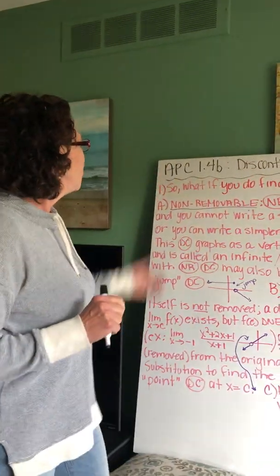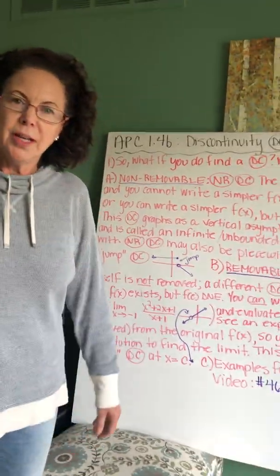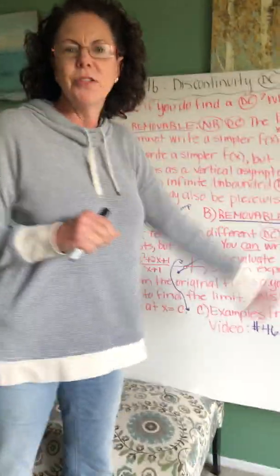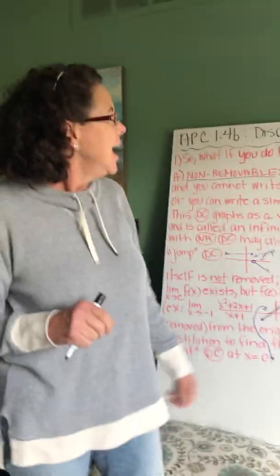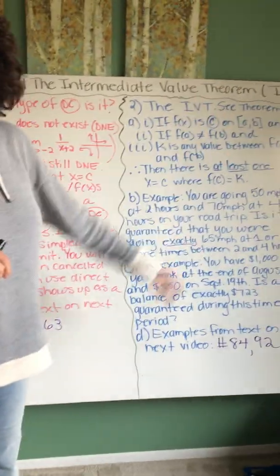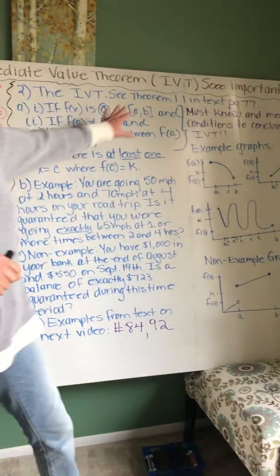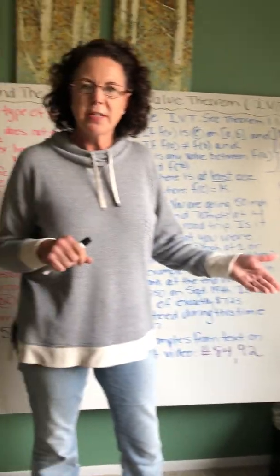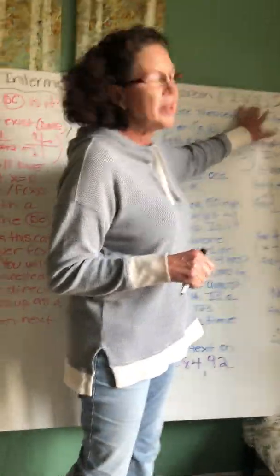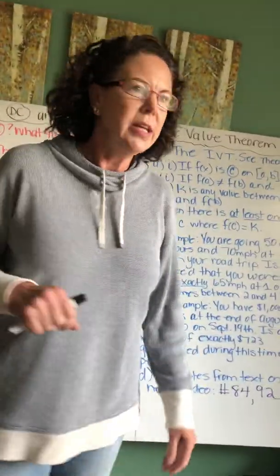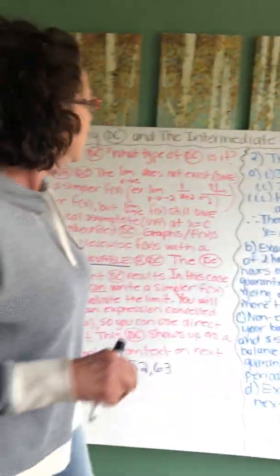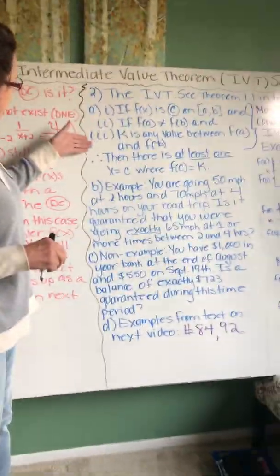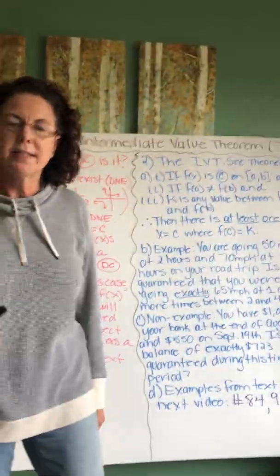We are working on section 1.4b, discontinuity. We will abbreviate that with a DC in a circle so we don't have to keep writing that. And the intermediate value theorem, the IVT. This is a theorem that is used on the AP exam. You will use it in some of your reasoning when you do free response questions on the AP exam. Without a doubt, this will be one of your reasons due to the intermediate value theorem, the IVT. I will be asking you in class for these conditions and what the conclusion is, because it's very important to